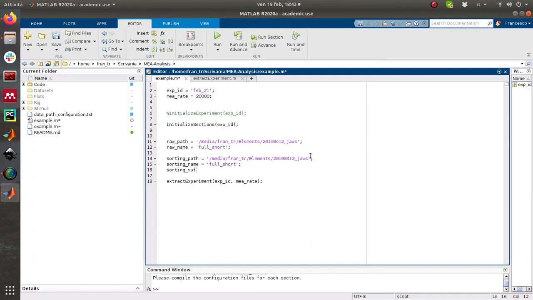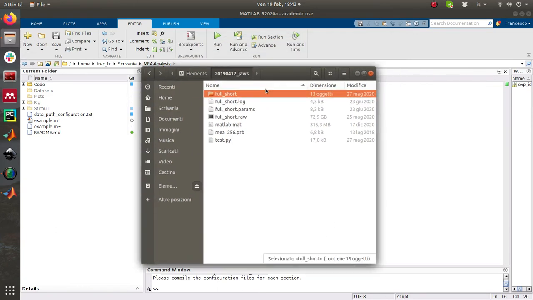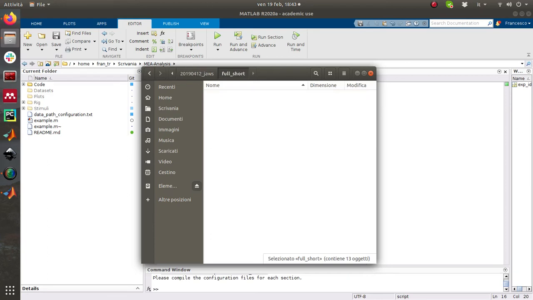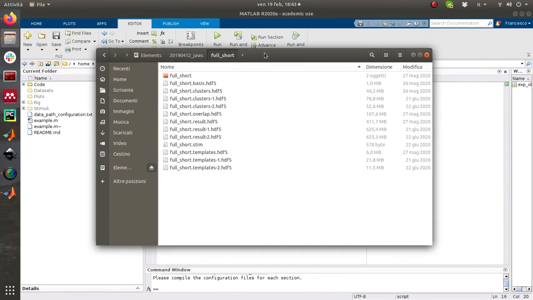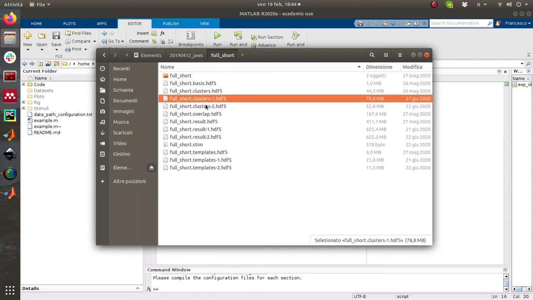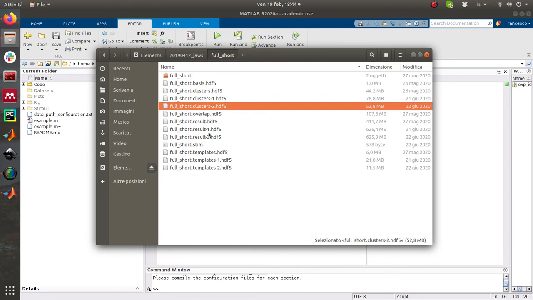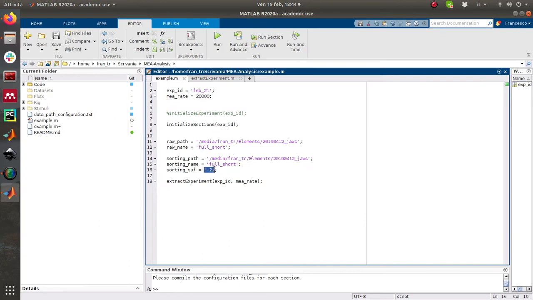And then one last parameter that I need to specify is the suffix. What is this? When you save your results in Spyking Circus, you can save multiple times, and each time will create a new version of your results, which, as you can see, differ by this suffix at the end, which can be -2, -1, or so on. So you might want to tell the library which of these suffixes is the correct one that you want to read. In my case the last one is -2, so this is the one I want to use. So this is why I'm specifying -2 here. So now I can add these parameters, raw path,